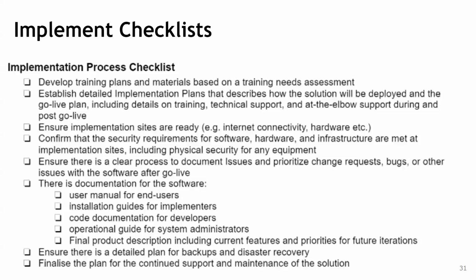So there should be a process of how that should be done, including a system of where it should be done, and also prepare things like the documentation. So your user manuals for the users, installation guides, code documentation. So you might find that in some cases, especially for open source software, the software is developed, but it can be changed by other organizations and then implemented differently. So the documentation for developers needs to be there so that they will be able to use that,